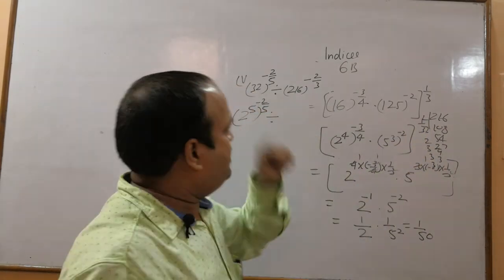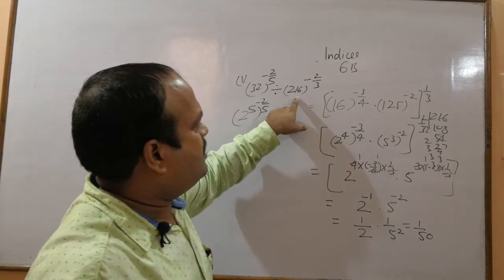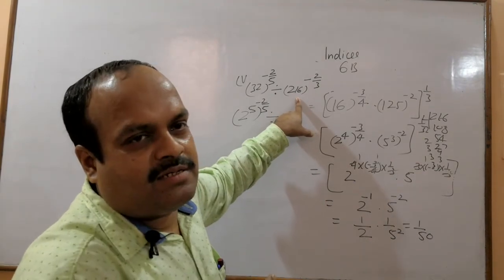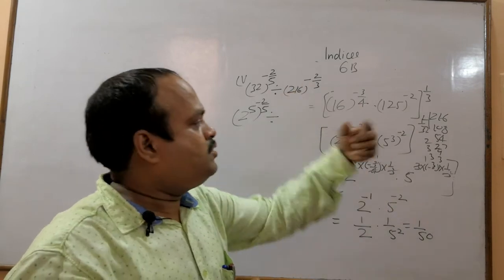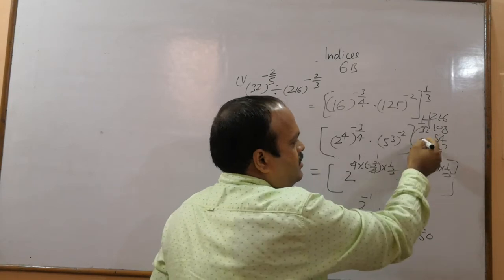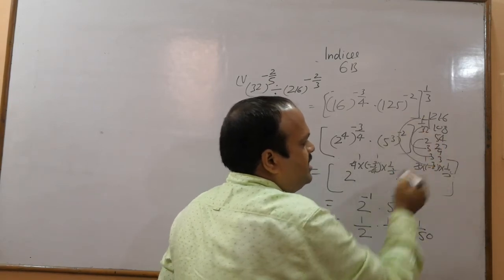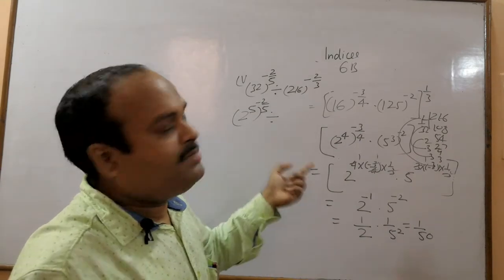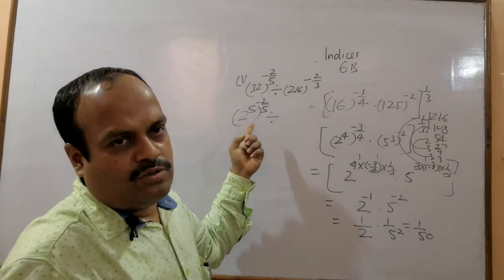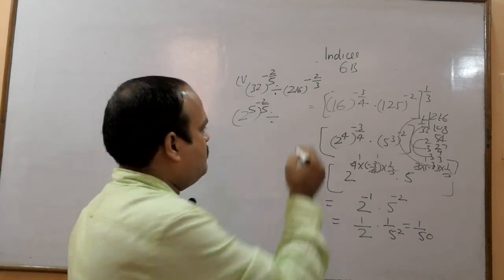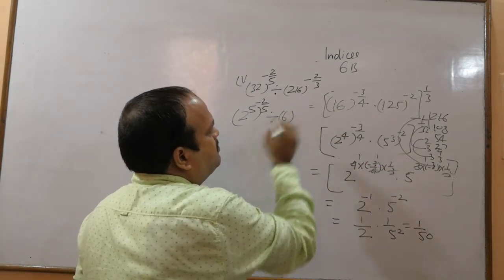So it would be better to write 216 as the cube of 6, 6 into 6 into 6. Please say 2 into 3, 6. So this 216 cannot be expressed in the form of 2, but it can be expressed as 6 cube. So let us write 6 cube